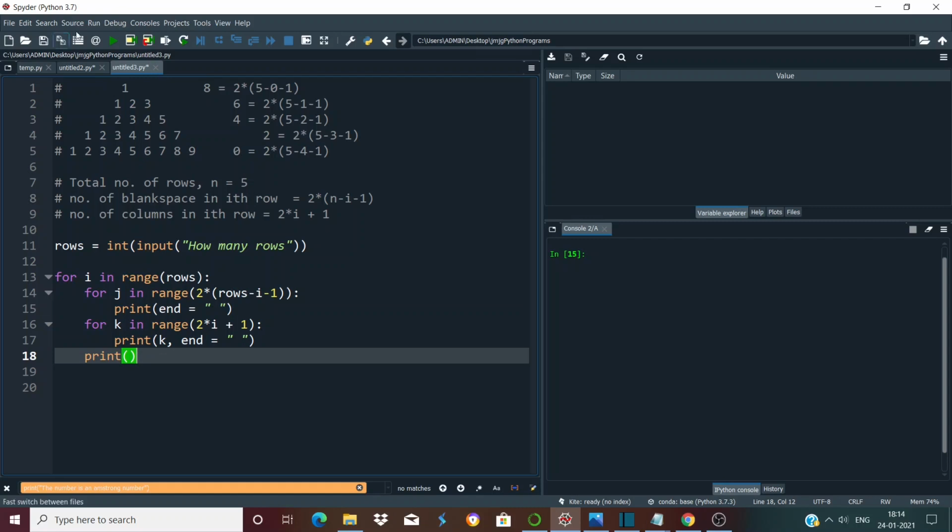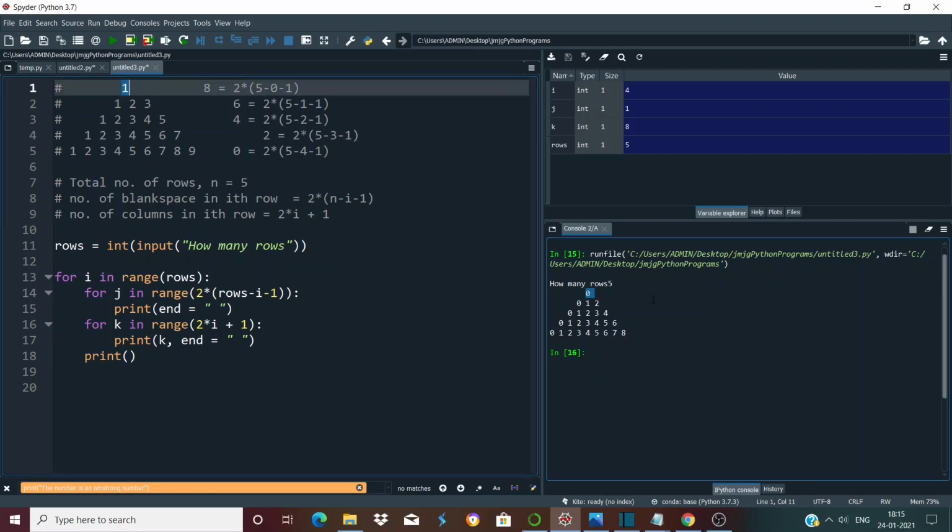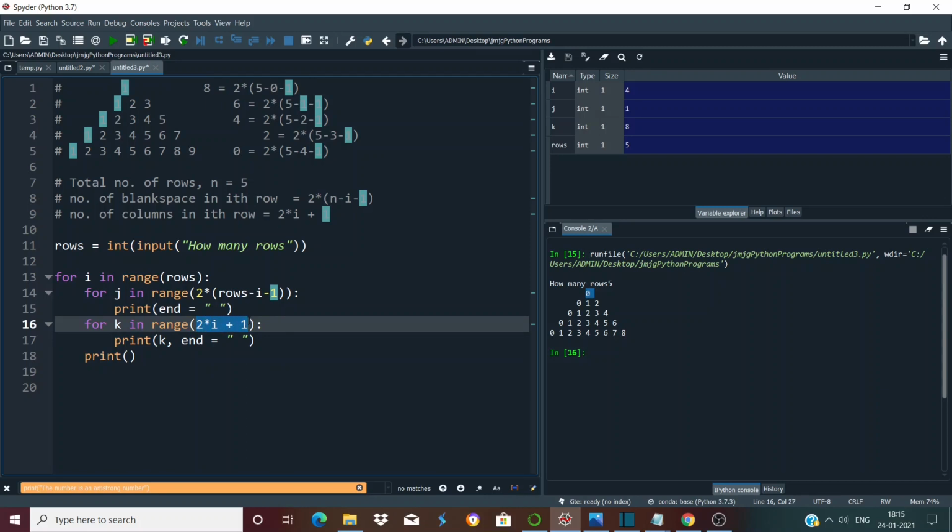So let's run this code and let's see whether this code is sufficient to print this pattern or not. Let's run this code and let's enter 5. So we will have 5 rows. Let's press enter and you can see the pattern is printed fine, but in each row the printing starts from 0. So instead of starting from 1, it is starting from 0, and that's quite expected because the range function gives you all the consecutive integers from 0 to the number that you specify inside the range function. So the iteration always starts from the number 0.